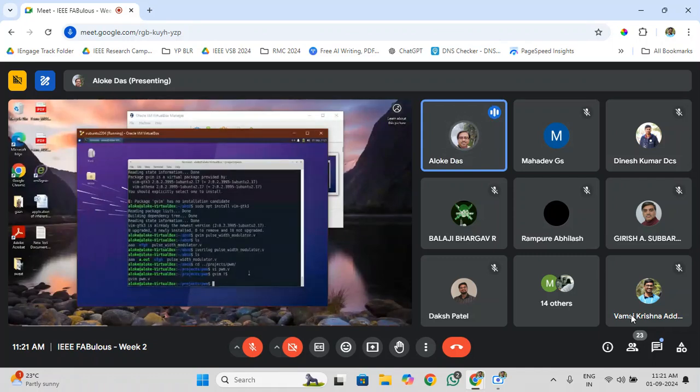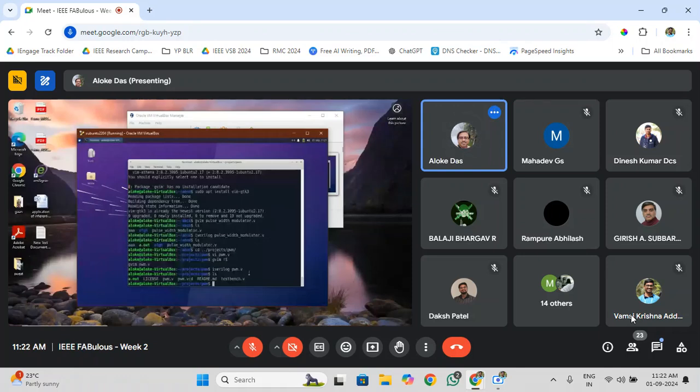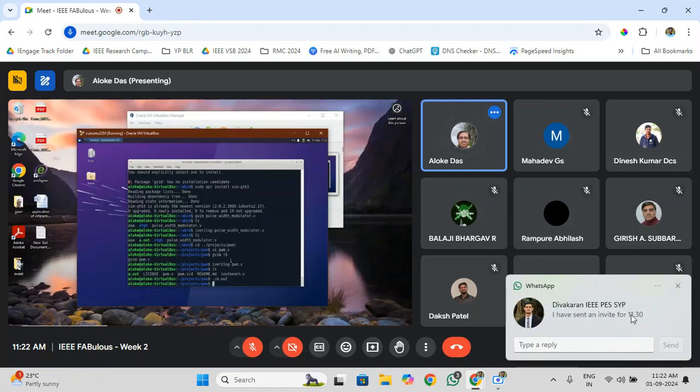So how to compile this thing? PWM, this compiles, no error messages, so it is okay. So what else is there? You need a test bench to test, because if you see the PWM code, there is no stimulus, only input and output. But if you don't stimulate, don't give input values, it will not simulate. See, a.out has been created. If I run it, nothing, no output is coming out. That's why you need a test bench